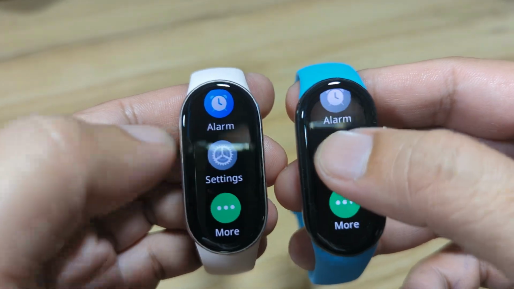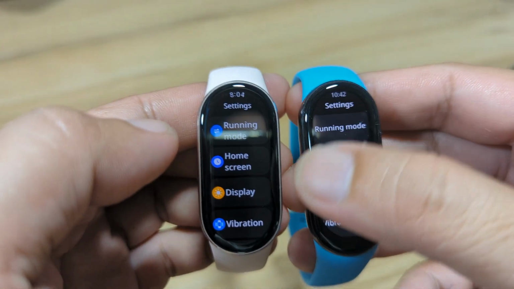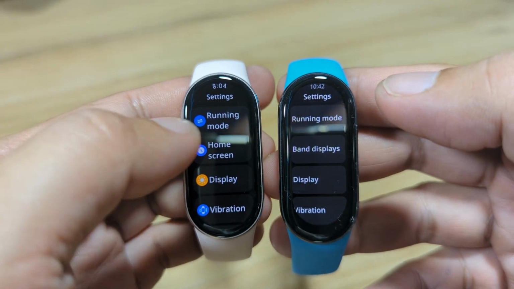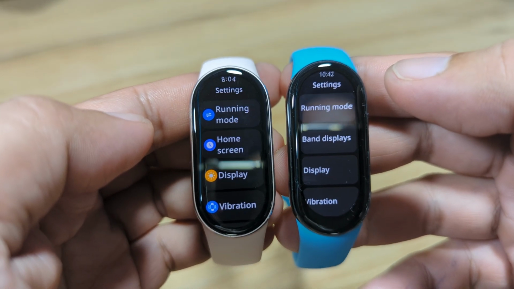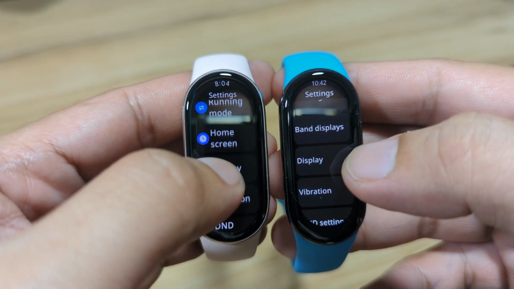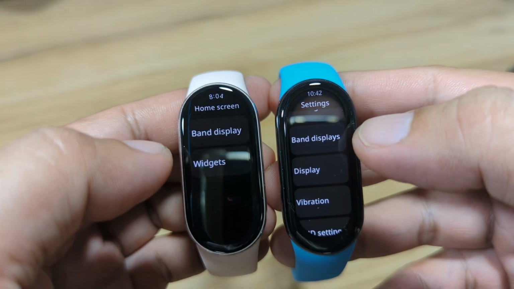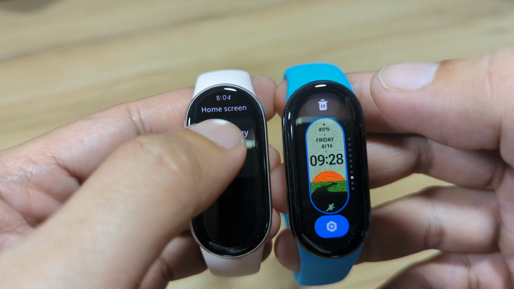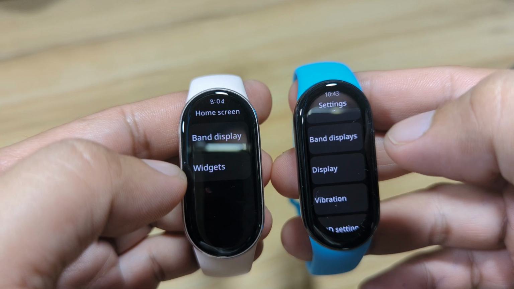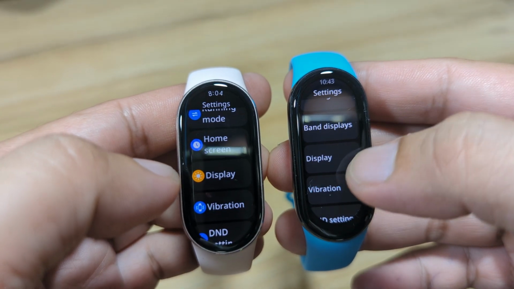Okay, for the settings, let's see. As you can see, there's an icon already for our settings here. We have the running mode, we have the home screen, band display, we have the widgets, so different layout now.